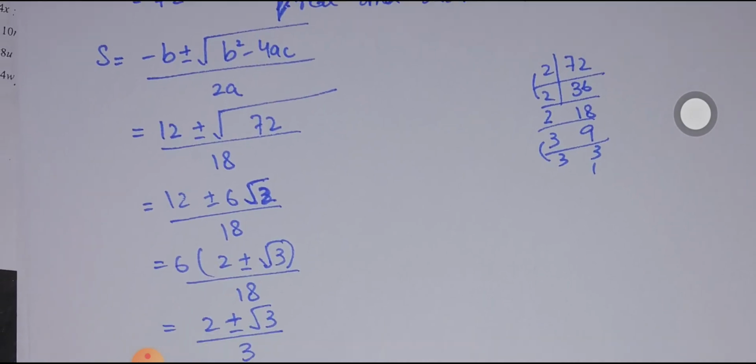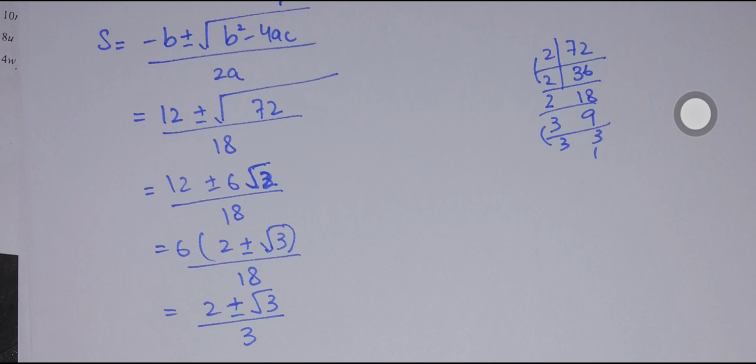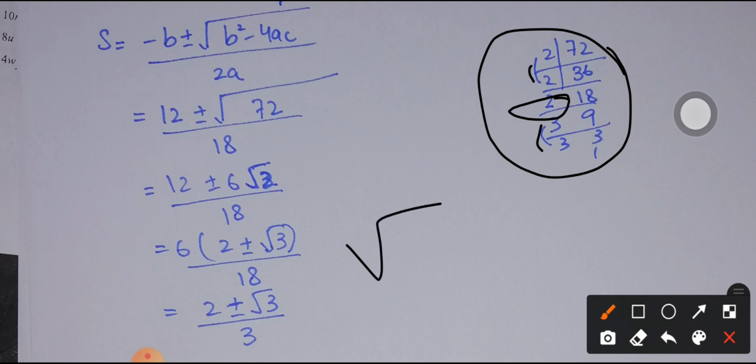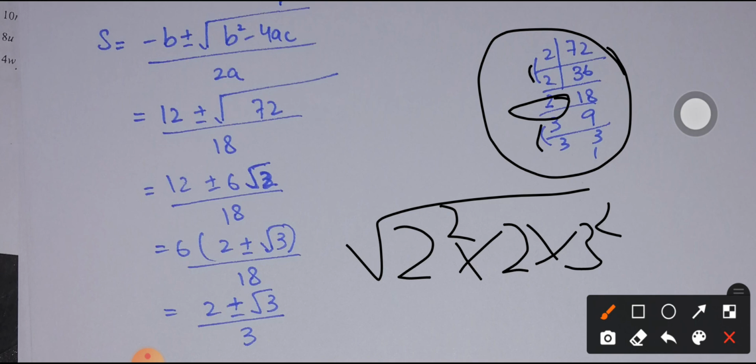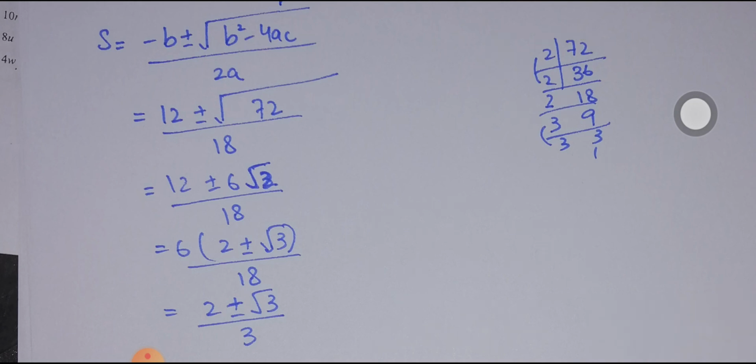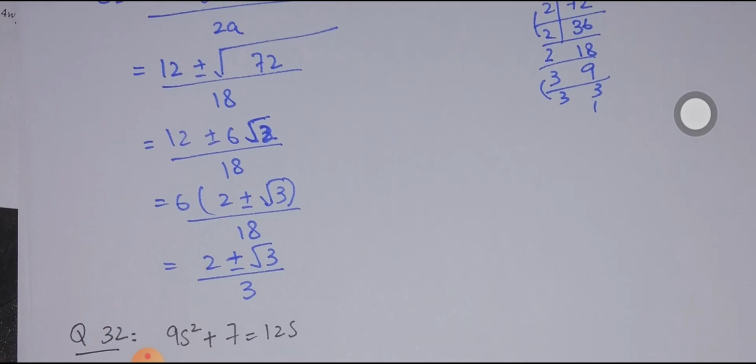You can use the calculator as well, but I have calculated the square root of 72 by prime factorization. So here you can see that this square and this square will be taken out of the square root, and this 2 will remain within the square root, as we can write it as 2 square into 2 into 3 square, because 2 square into 2 into 3 square is 72. So this square and this square will be taken out of the square root: 2 into 3 into square root of 2. 2 into 3 is 6, so we will get 6 square root of 2. So here is the final answer.